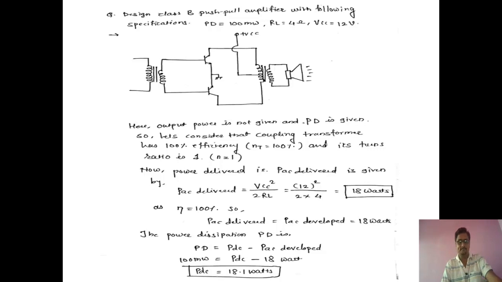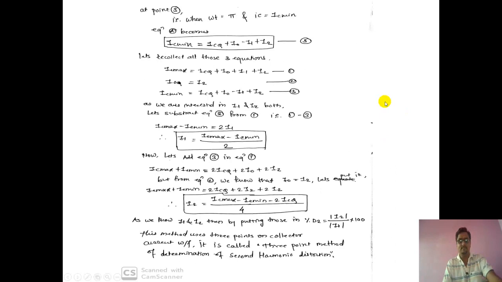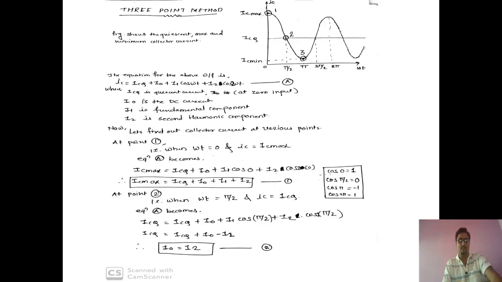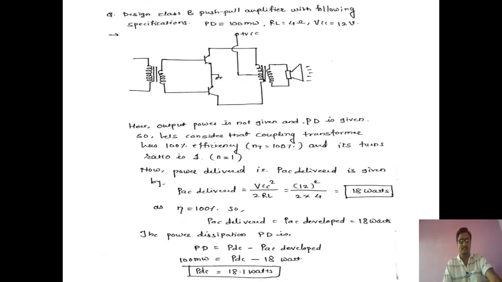Welcome back. As I told you, we have to start with the design of a class B push-pull amplifier. In the last lecture, we saw the 3-point method of determination of second harmonic distortion. Now it's time to design the class B push-pull amplifier. Look at the question: design a class B push-pull amplifier with the following specifications. And the specifications given are